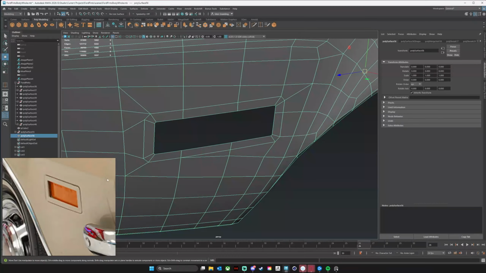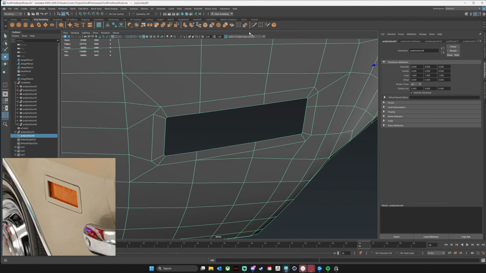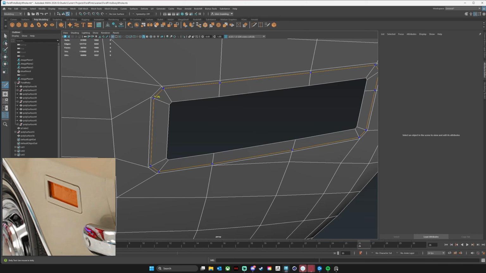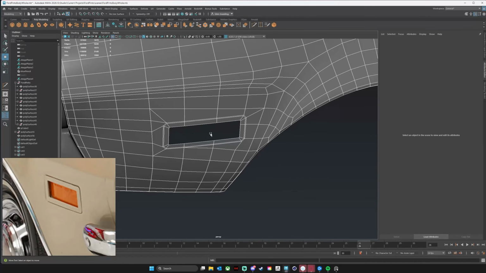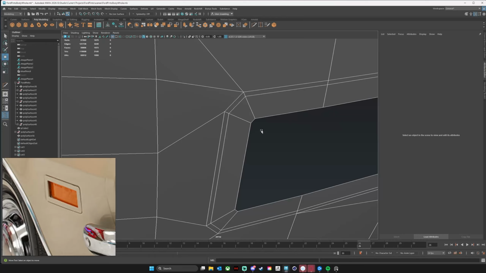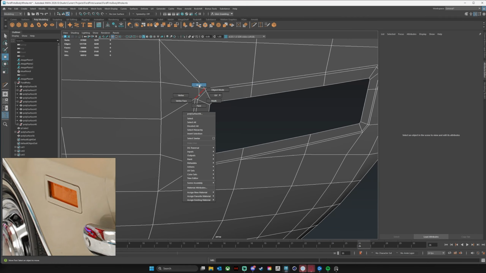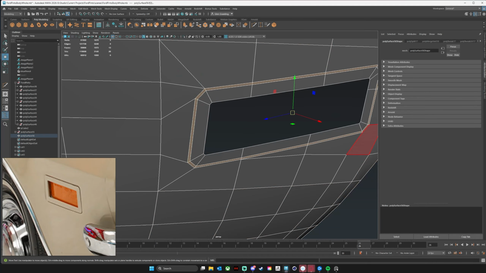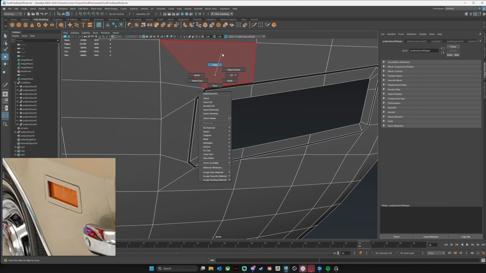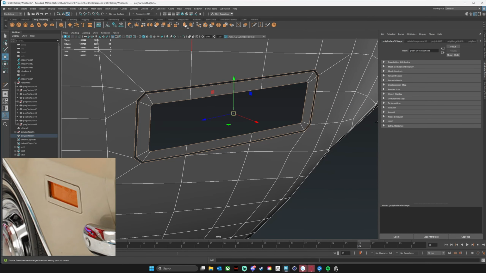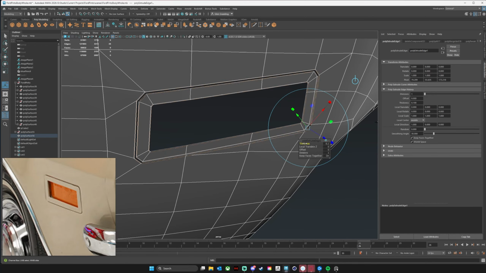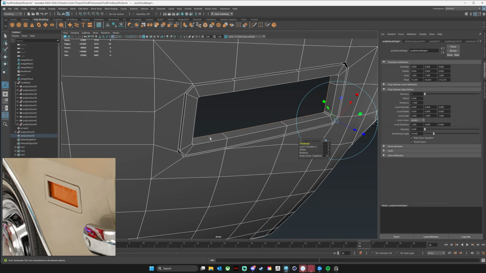Now we need to cut it out and give it a little bit of thickness. So to cut it out, I'm just going to make a really tight edge loop around here like this. Let's see, maybe that's probably good enough. And then we'll delete that, and then I'm going to select all 3 of these edge loops, and we'll hit it with an extrude, and we'll do -1 thickness,